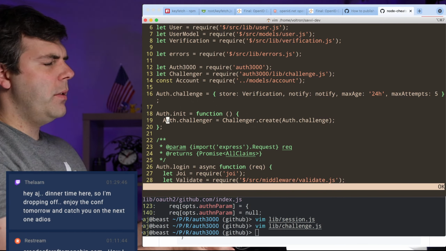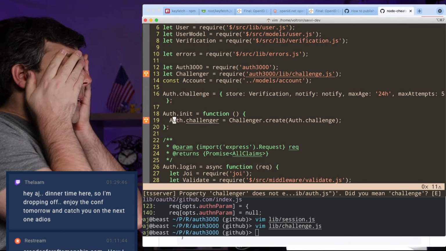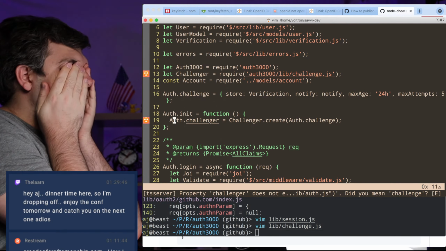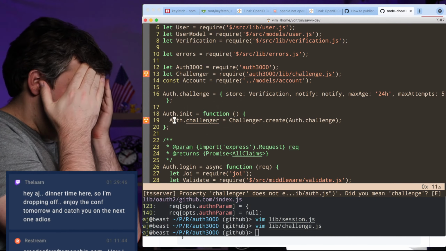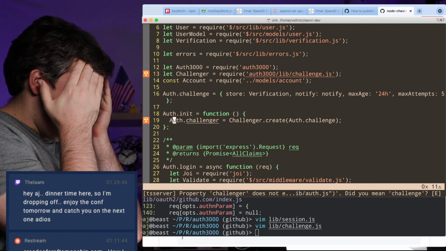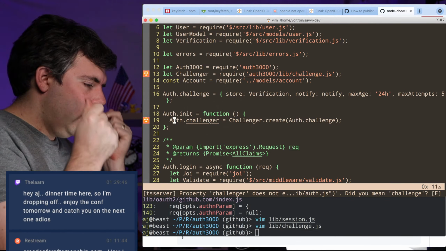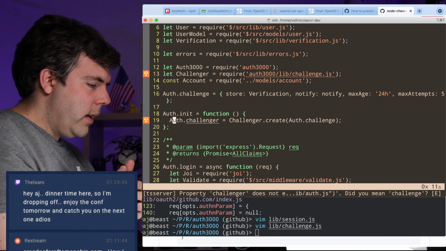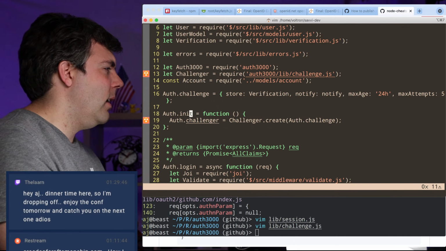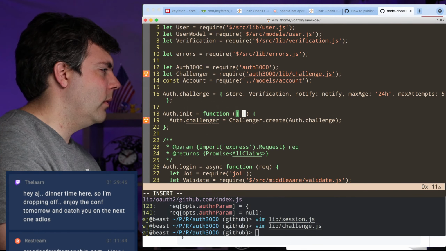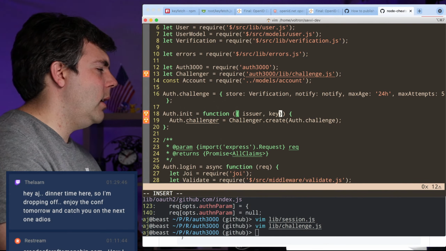Oops. I wonder if there's another way that we could set the secret and the issuer on this thing. Because it seems when we call notify is when we need, you know, it's just got to get passed one way or the other. Issuer and key.